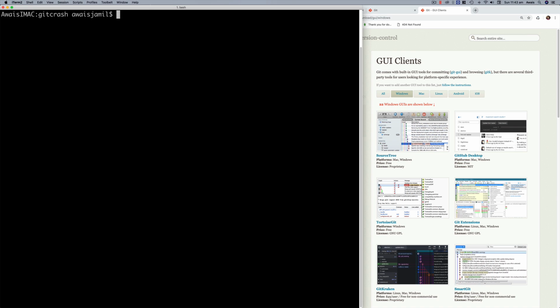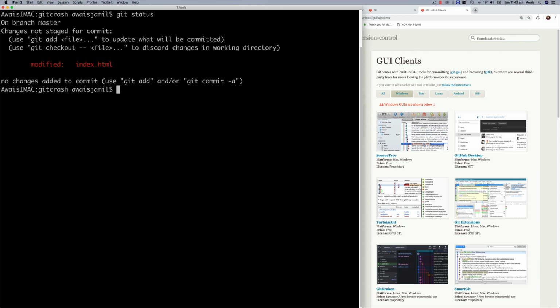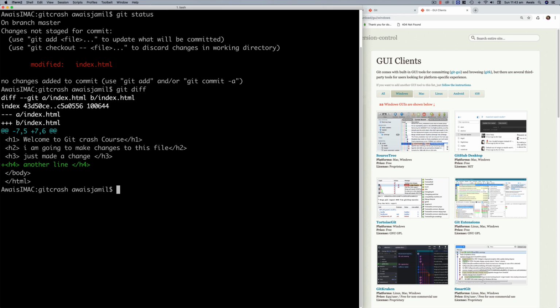And now if I do git status, it says, oh, the file has been modified, in red color, and also it says modified index.html. Now let's take a look at what we changed. We do that by git diff,